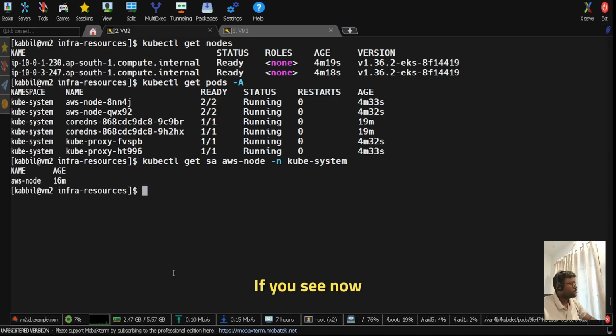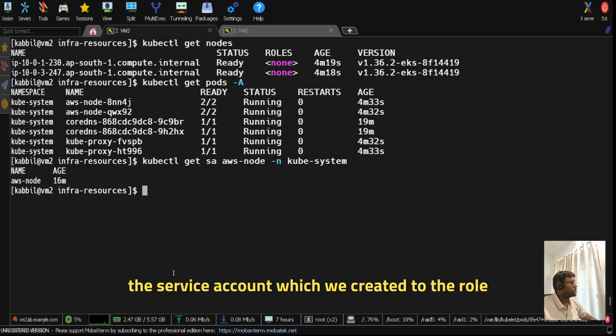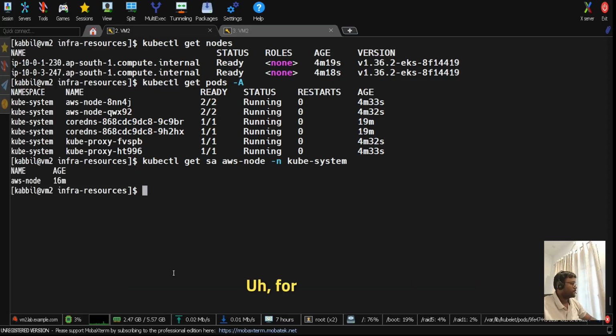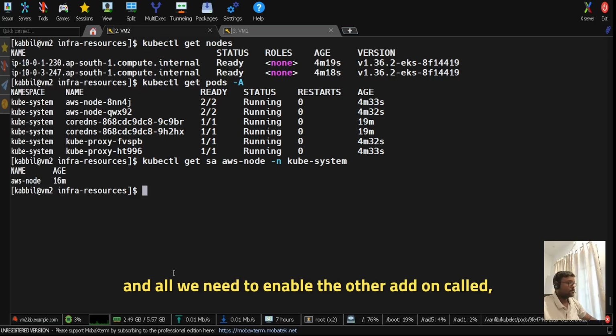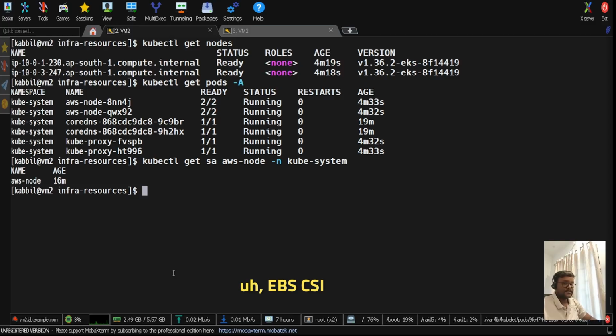If you see now, the service account which we created through the role for that VPC CNA is visible in our cluster because of the OpenID Connect provider setup only. Okay. After configuring this, we need to enable the other add-on called EBS CSI Driver, which is required